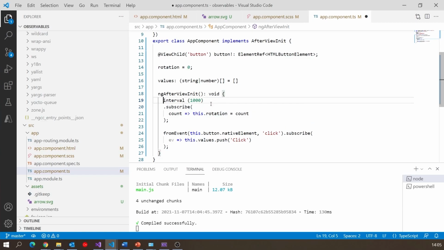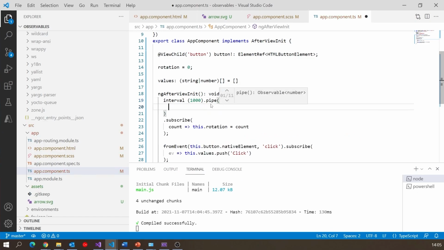And what this basically does is we can take the observable as a stream of data and manipulate that stream step by step to change the outcome. So what I would do here is, before the subscribe, I could say .pipe, and then I can chain together a number of operations that I would like to perform on the value that's coming through, so the count that we eventually ended up with. That could change it in all sorts of ways.